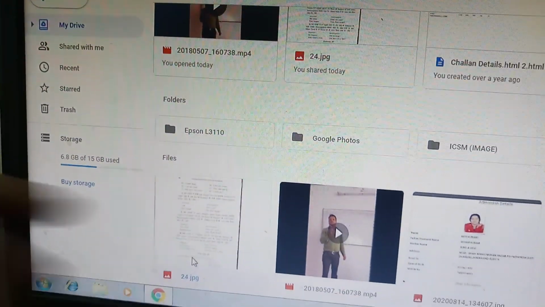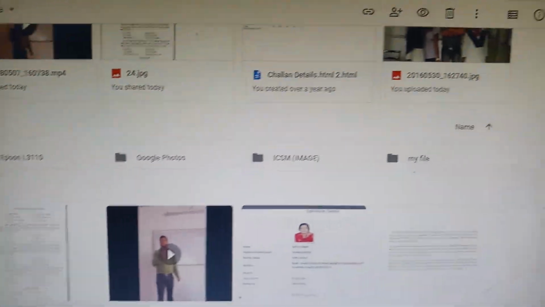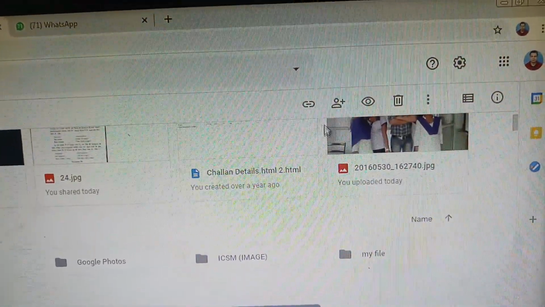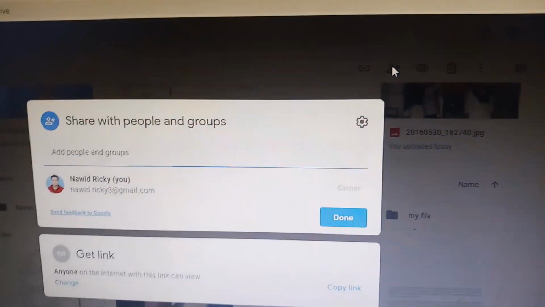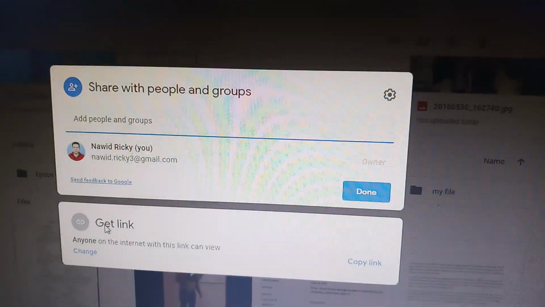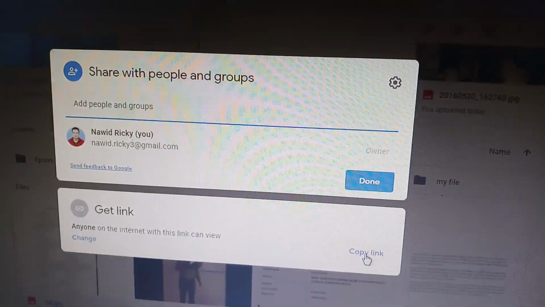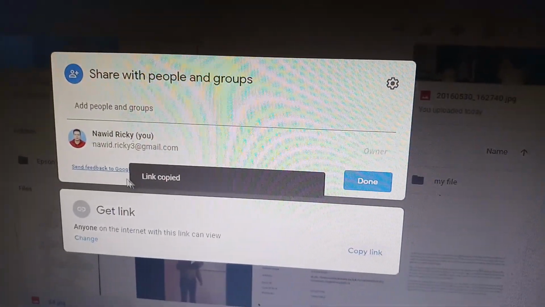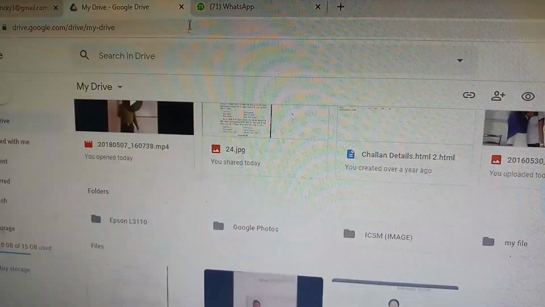This is the image over here, and on the right hand side the share option is given. Click on it, and here we have to copy the link. Just click on the copy link option. The link is copied.